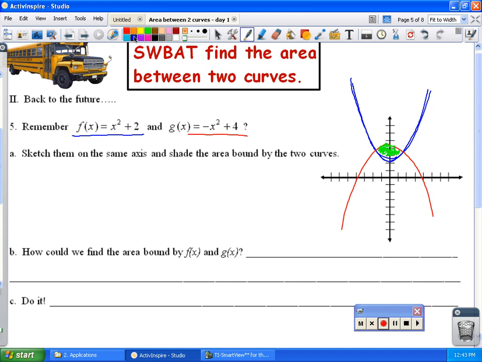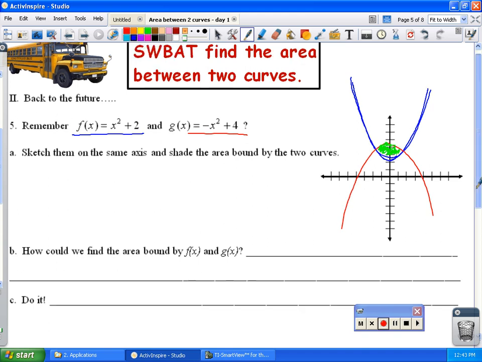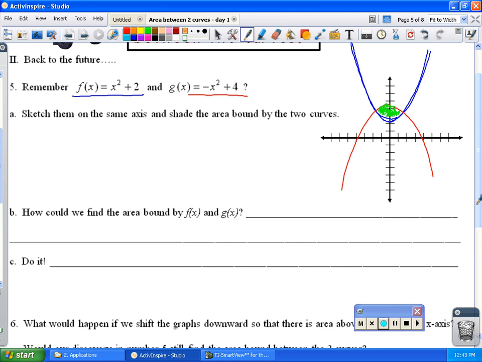Well, we've talked about this in class a little bit. I think the answer is probably obvious. We have the red curve, and I'm going to talk about it in terms of red and blue. We have the red curve and we have the blue curve. If we take the area under the red curve, which is the curve that's on top, and that's very important. Let me actually highlight that. In this case, the red curve is the top curve, because I'll be talking about that a lot. Top curve versus bottom curve. In this case, the blue curve